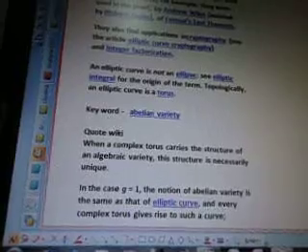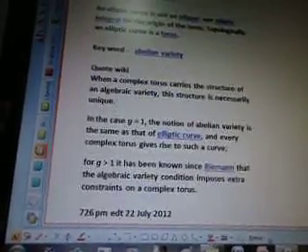An elliptic curve is not an ellipse. See elliptic integral for the origin of the term. Topologically, an elliptic curve is a torus. Keyword: